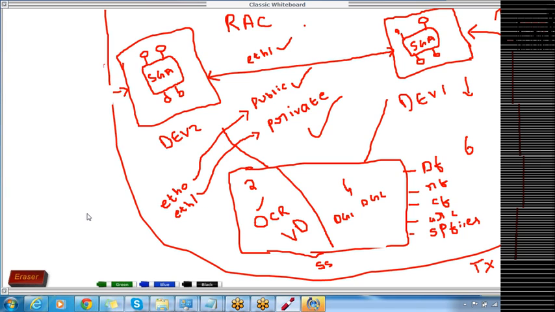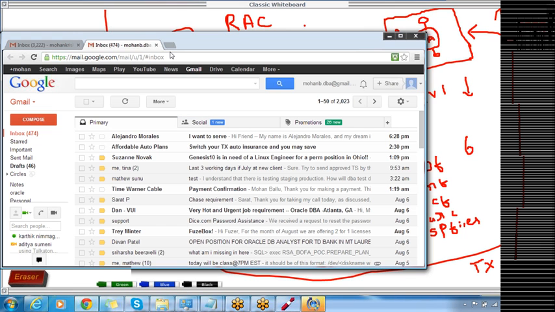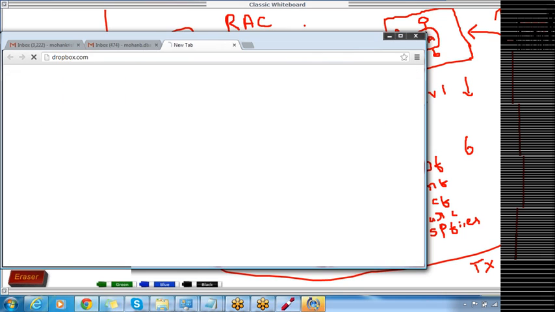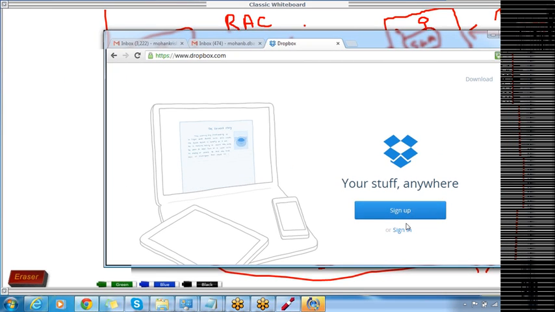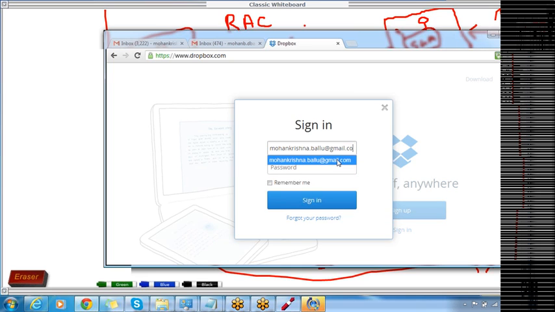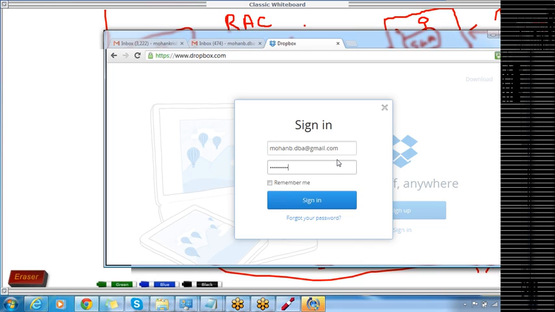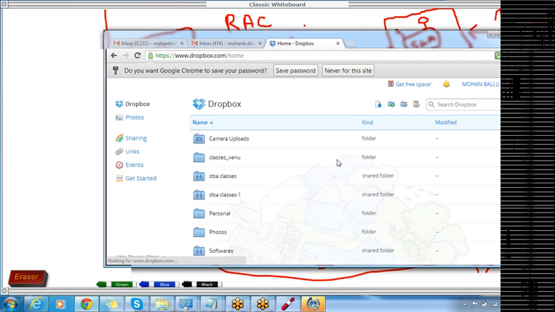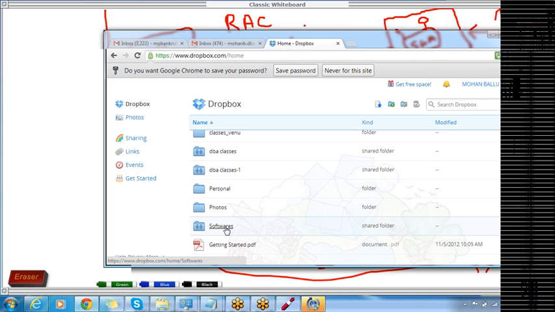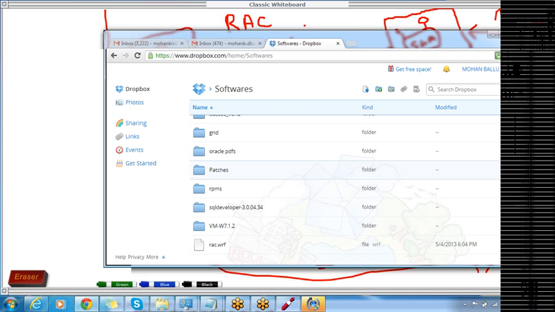Okay. I'm not sure whether you downloaded it or not. I'll also send you. I'll share a Dropbox folder with you guys. So when you go onto the Dropbox, just click on the softwares folder and then